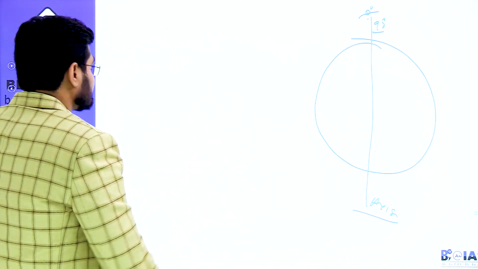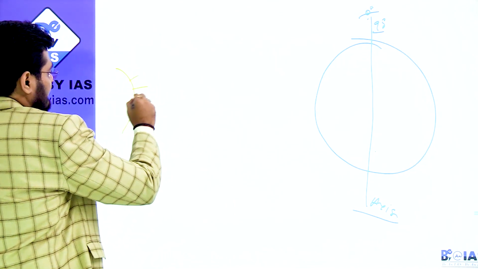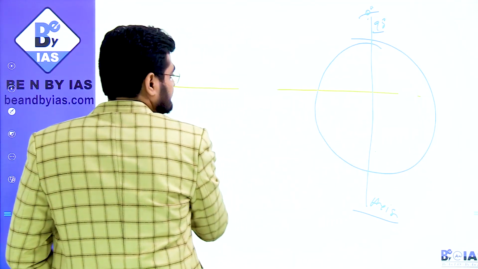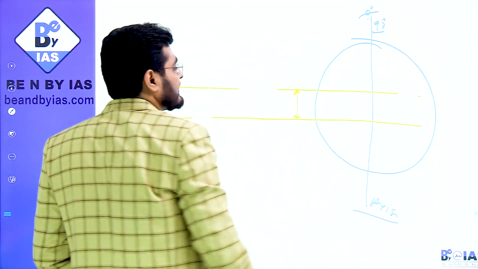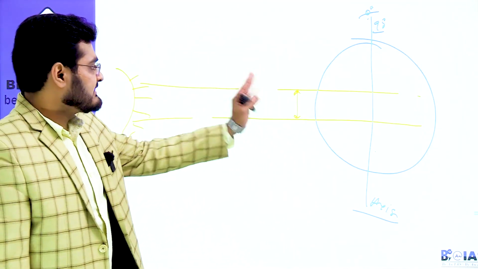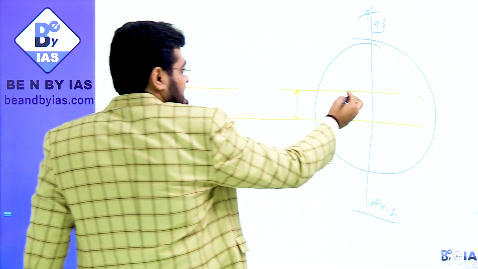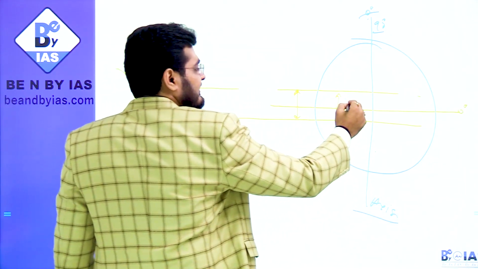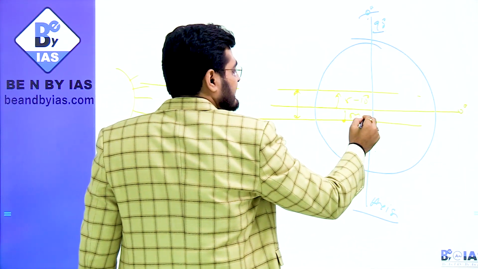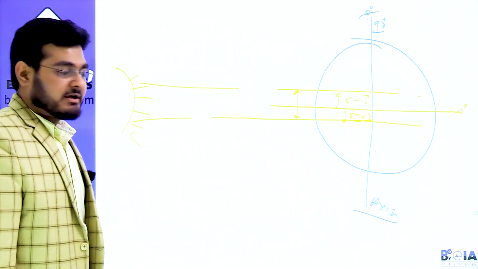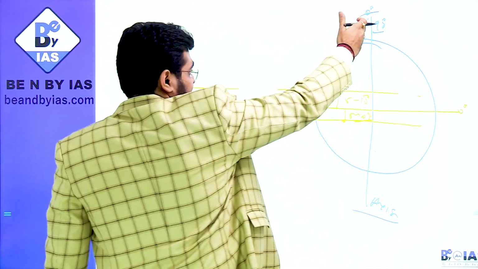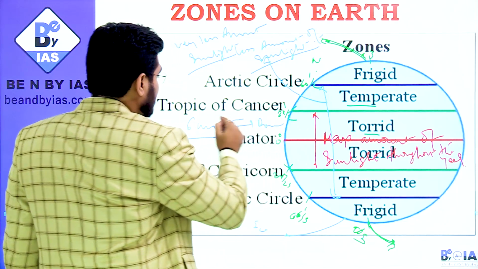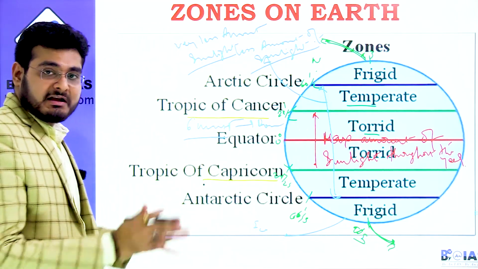Now suppose this is your sun. And this is the area where sunlight is continuously falling. You can see this is straight, sunlight is continuously falling in this area, and this is your 0 degree reference. This is 5 to 10 degrees north, and this is 5 to 10 degrees south. Now if the earth's axis hadn't been tilted, this would have been the torrid zone. The torrid zone is from the Tropic of Cancer to the Tropic of Capricorn, with the maximum amount of sunlight.